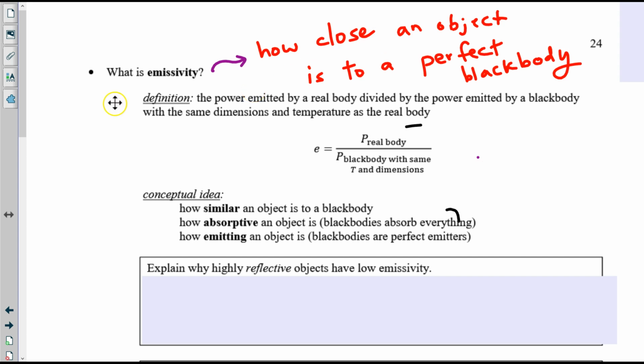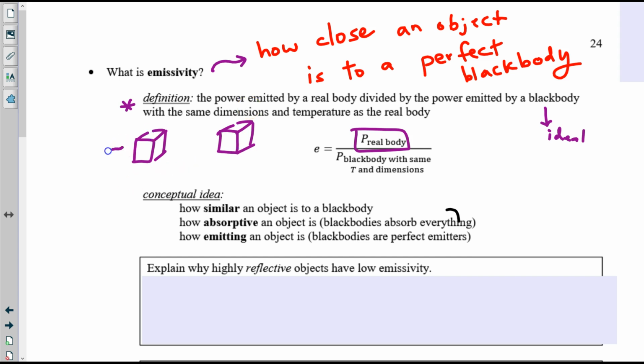Take some notes. The technical definition of emissivity is the power emitted by a real body, divided by the power emitted by a black body, that's ideal, of course, all black bodies are, with the same temperature and dimensions as the real body. So it's sort of like you've got a box, this is the perfect black body, and then you have some real object,